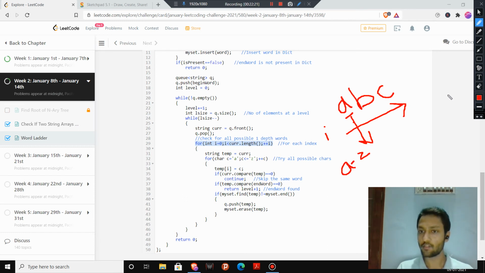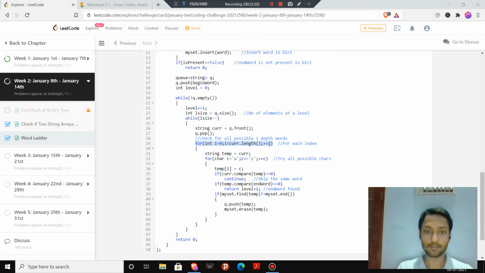If it is present in the word list, yes, we have one transformation here. Also, if this letter is A only, we have the same word again, so we will skip that condition. And we will also check the same for this letter B. We will change it from A to Z and check it in the word list, and we will do the same for C also.